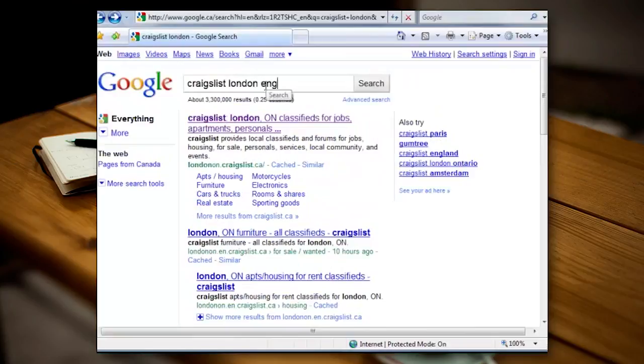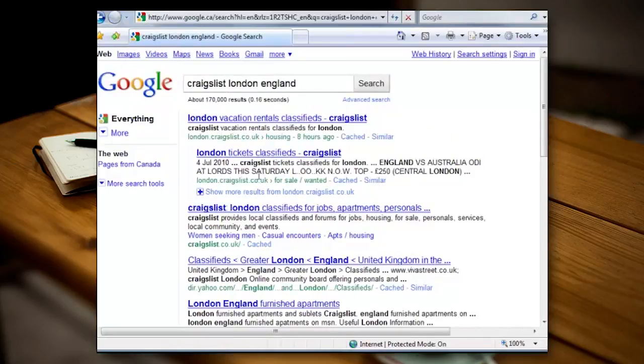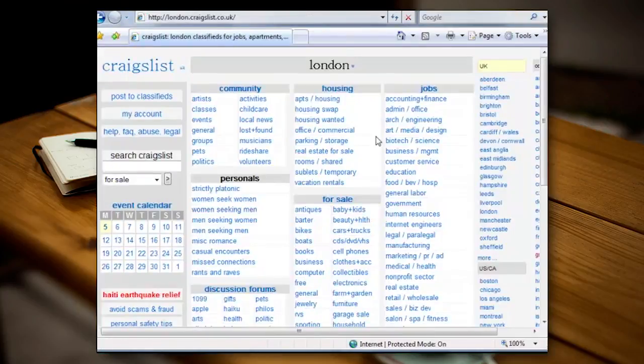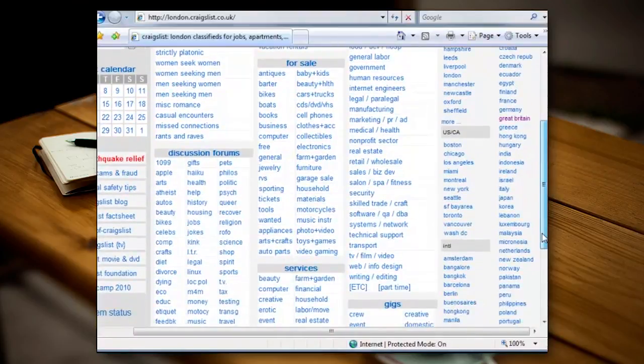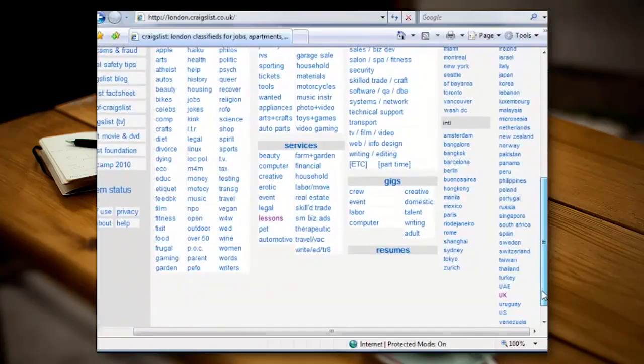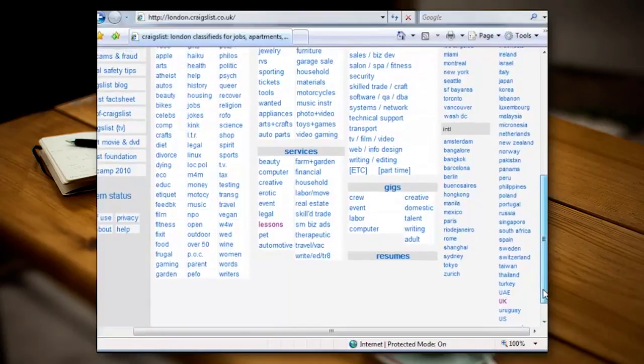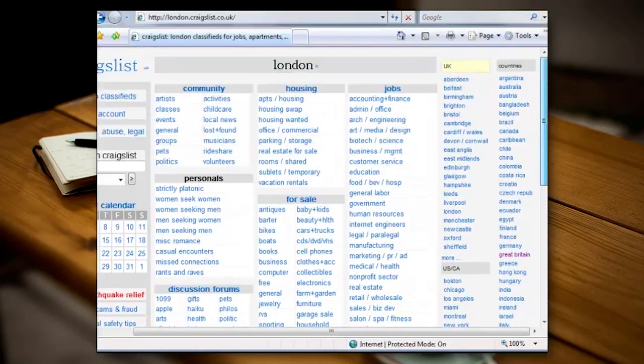I'm going to put London, England in there again. And it'll take me to the Craigslist for England, for London. And we'll be able to post classified ads here. As well, if you're not sure of different city names, you can always go and look in the UK. Here's a bunch of city names. You can go into Liverpool, Manchester, Newcastle, Oxford. Select the different cities you want. There's some in the US and Canada, international, Amsterdam, Paris, Tokyo. I mean, really, wherever you want to advertise or wherever you want to get into,